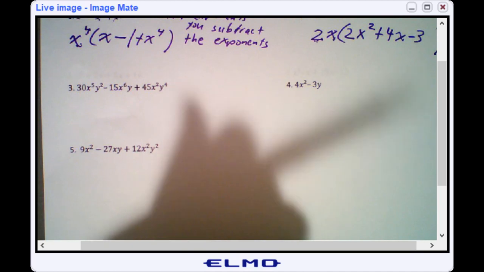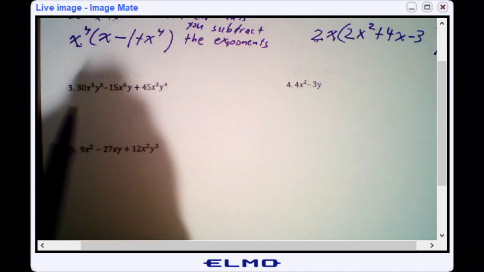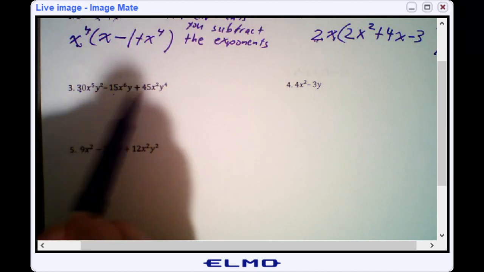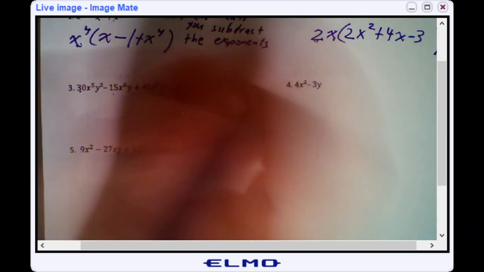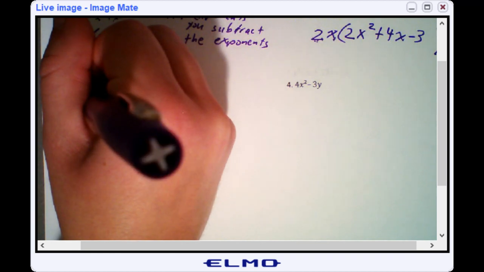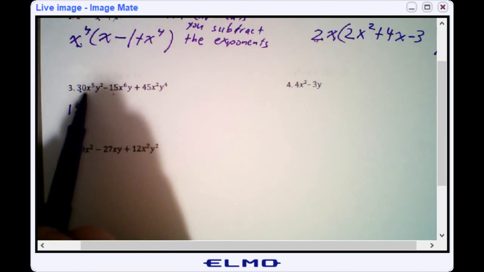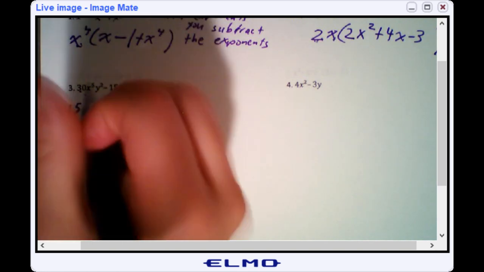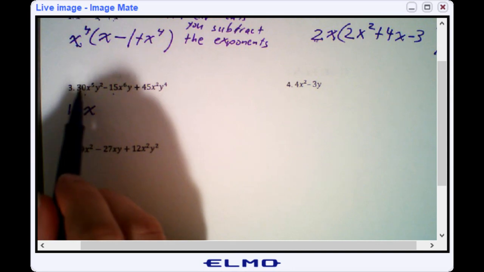For problem number 3, it again has coefficients and variables. So for the coefficients, I see 30, 15, and 45. The biggest number that goes into all of them is 15. And then I see the variables. X term, x term, x term. So I know an x is a common factor. The smallest exponent for the x's